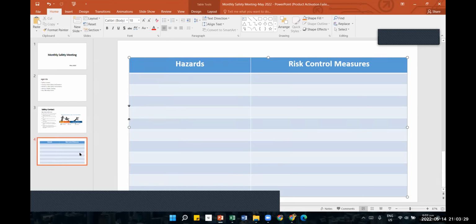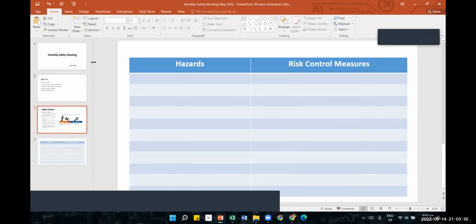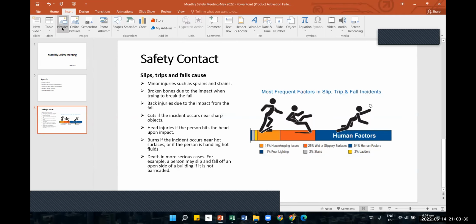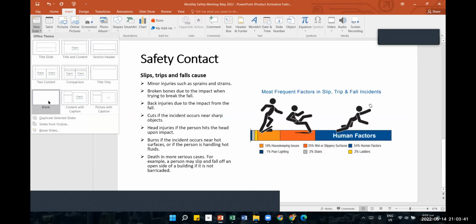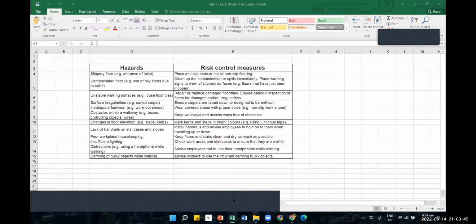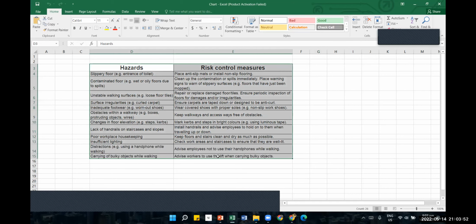The other method is, I will delete this. I don't want to use it from PowerPoint. I want to use it directly from Excel. Maybe I have the table in Excel. I just want to copy paste. So I have my table here in Excel. I already have created it in Excel. So I can just copy